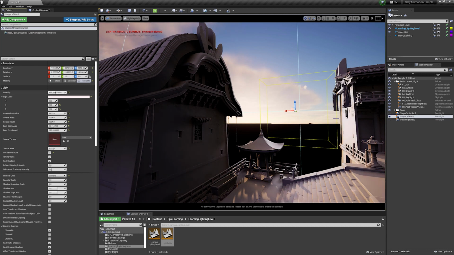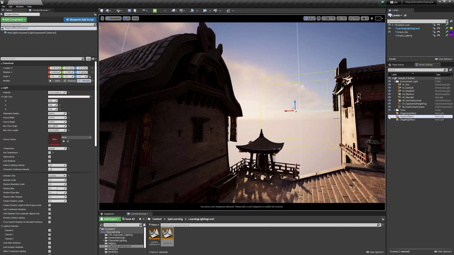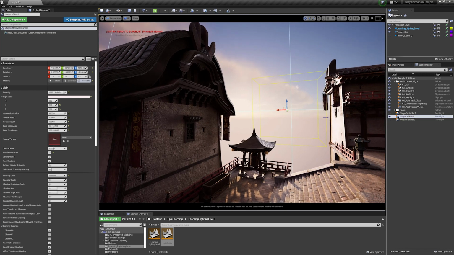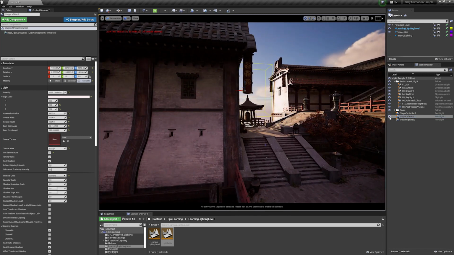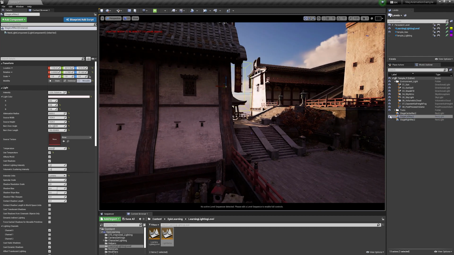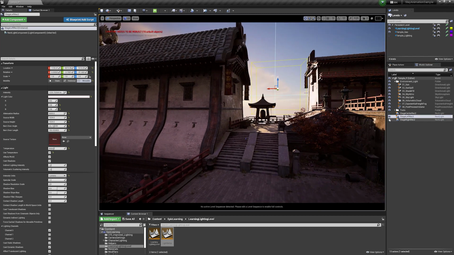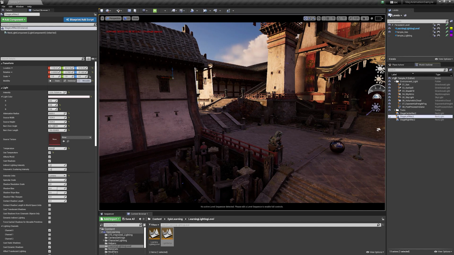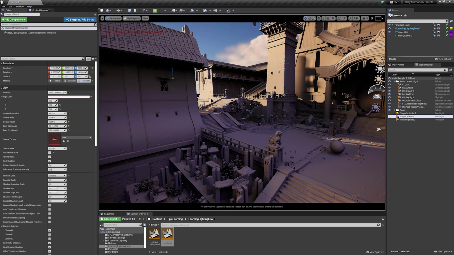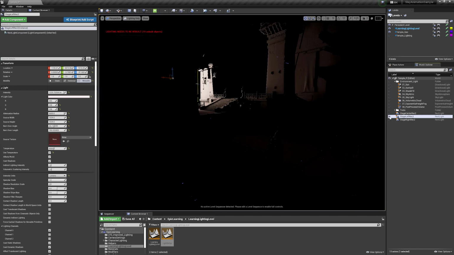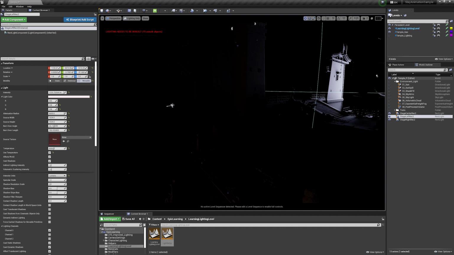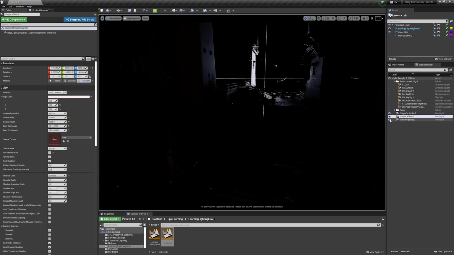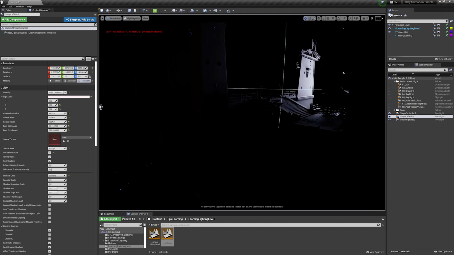And if you notice, one of the big differences between rec lights and other lights inside of the engine is that we have barn doors and barn door length that we can adjust. Those act just like barn doors in the real world. That, and the fact that the source width and the source height are adjusted in your light details rather than choosing your transform to make adjustments to them. And as you can see here, when we turn it off and on, we're getting that specularity on those side buildings, which with lighting enabled, we can see pulling out some of the texture. Now, if we wanted to see that texture, we could go to detail lighting, which will reveal the normal map so we can see the actual bricks themselves.